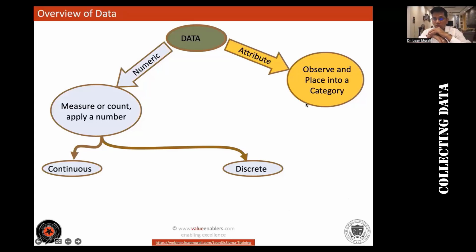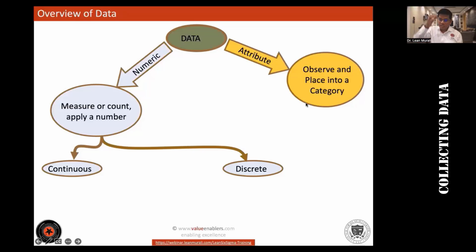Suppose in this room, there are 3 people. If one person comes inside this room, how many people are there? Such a simple question, right? There are 4 people. Is there a possibility of 3.5? No. So this is called discrete. Numerical data, count data, but discrete data. If this is clear, type clear in the chat box.